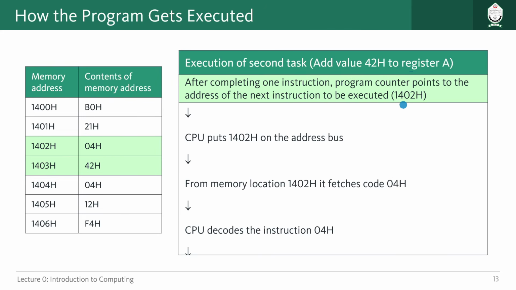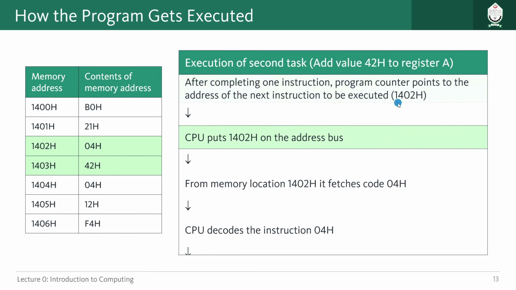So in your SAP1, the program counter was always incrementing by 1 because all the instructions were at most 1 byte in length, right? But here you can see this instruction is actually 2 bytes in length. That's why after completing the first instruction, it has to increment by 2 so that we reach, or try to fetch, this value, right? So that's why it has to increment to this value, and after that it will send that data to the CPU,